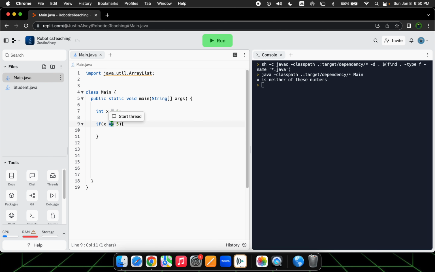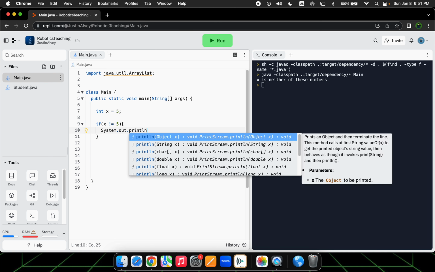Well, instead of doing the double equal sign, we would do, at least for primitive variables, which again, I'll explain in a later video, but all you need to know is primitive variables include ints, doubles, and floats. You would do this: exclamation mark equals 5. This exclamation mark means that it is not. So then we could write if x isn't equal to 5,